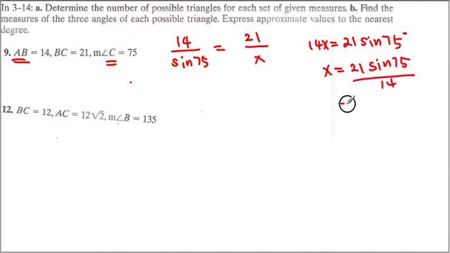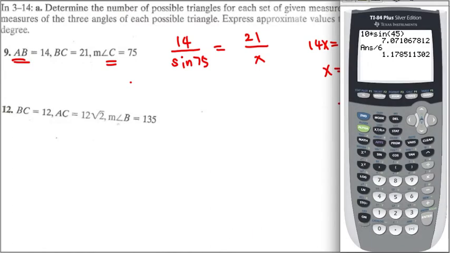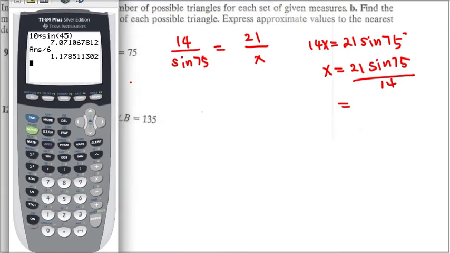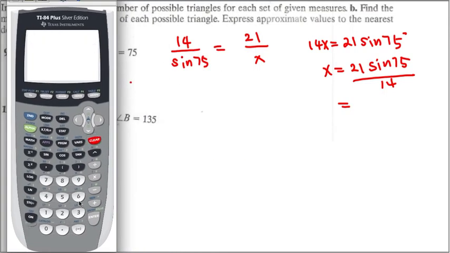Let's put that into a calculator and see what happens. Right over here, 21 times sine of 75 divided by 14. And I just want to make sure that it will be in the degree mode here. Okay, that's good. Now this becomes 1.44, but you will realize that this x has to be equal to